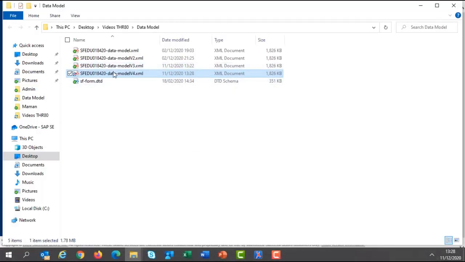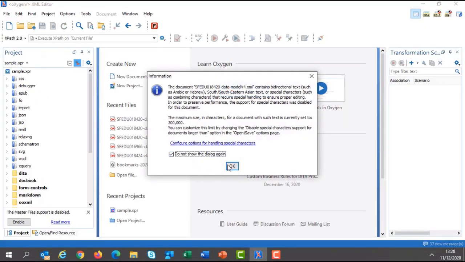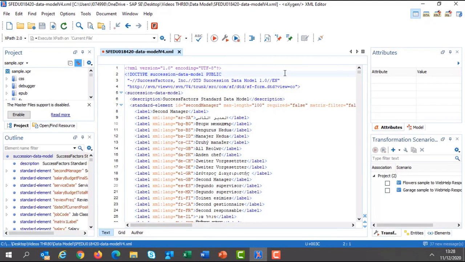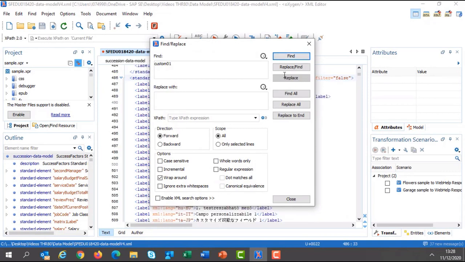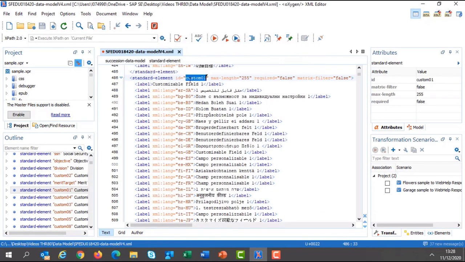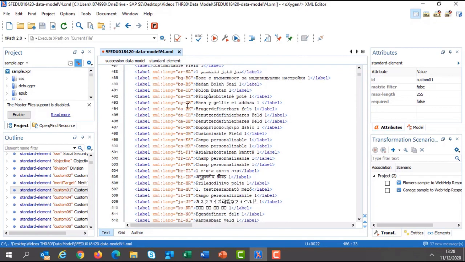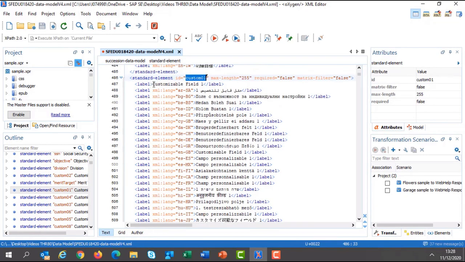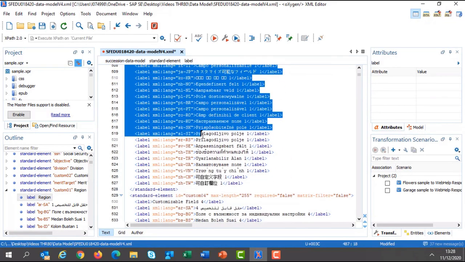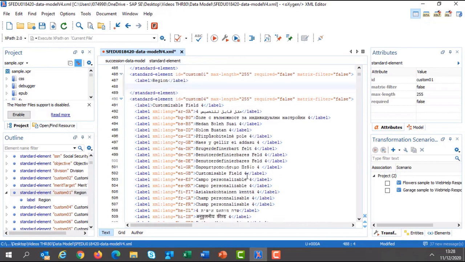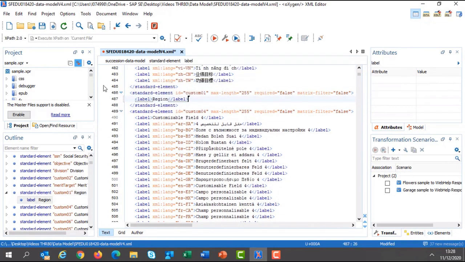and I will open that file with my XML editor. There are 15 custom fields available in the standard elements. Let's see if the first one is available. I will do a Control F and look for custom one. And this field is not currently used. I don't see any updates there. I'm just going to label this field region. At the moment, I will not worry about the translations, so I will remove this code. I will save as a version 5